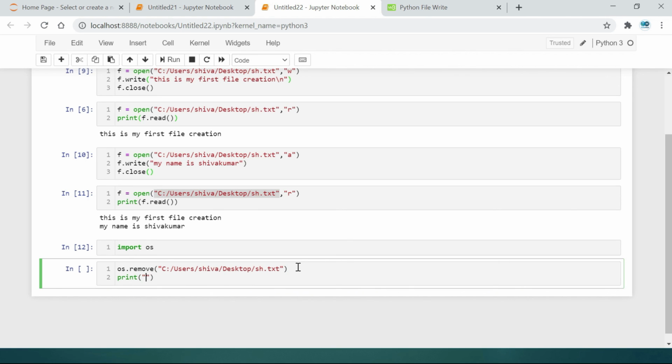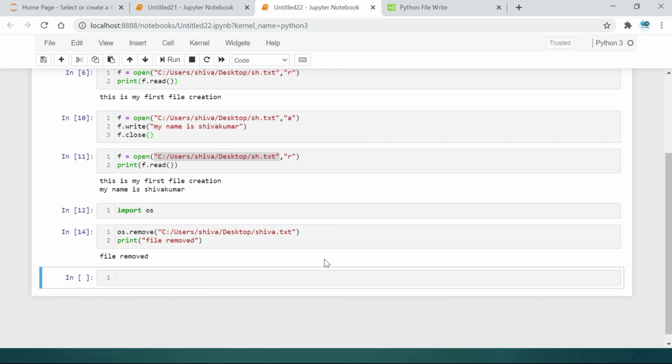Print file removed. If this function is successful, then the message that the file was deleted will be printed. Yes, file removed. Let's check whether the shiva.txt file was removed or not.